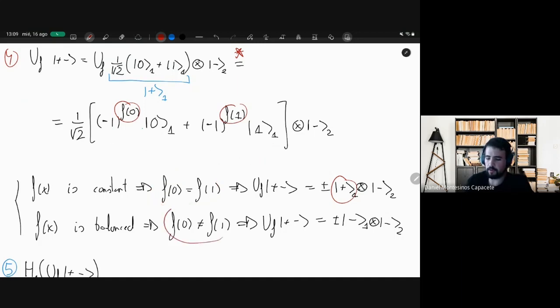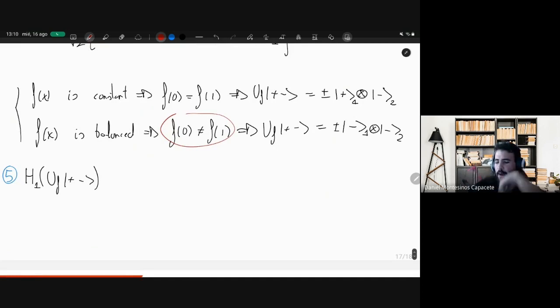And also the same with this, you use, for example, 1 and 0 for this case, or 0 and 1, and you will get either plus or minus this state. So if you do that calculation, it's not difficult, just try and put the values here. You will find that depending on whether the function is constant or balanced, you have this state or this other state. So now, knowing that, if we apply the Hadamard operation,